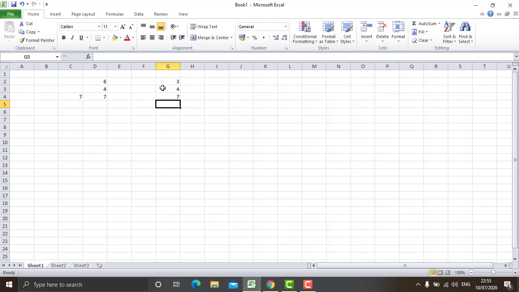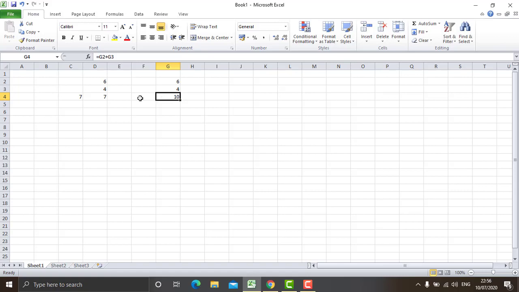Enter key. 7. So you can see the result is correct. 7. Formula is G2 plus G3. So what is the difference between this formula and this formula? It is very much different. See, the value is 3 here. Click on this. As I made 6 here, I'll be making 6 again here also. 6, and I'll press enter key. As I press enter key, you'll see a change. The result is changed. Now 6 plus 4 is 10.